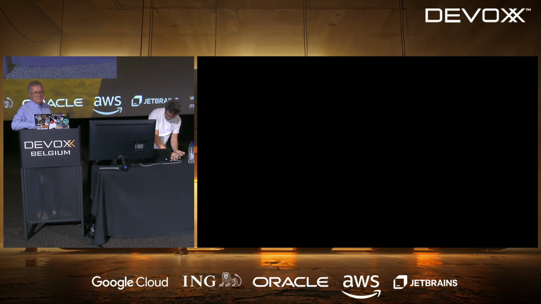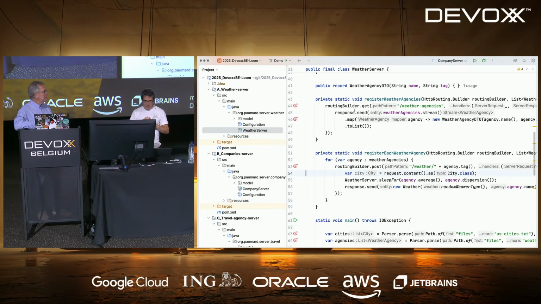It's called 2025 Devoxx Loom. There's Loom in the title somewhere here. So we should go to the slides. Yes, but you don't have the slides anymore. Oh, yeah. Sorry. So I will explain.